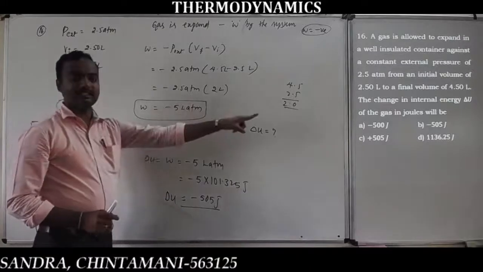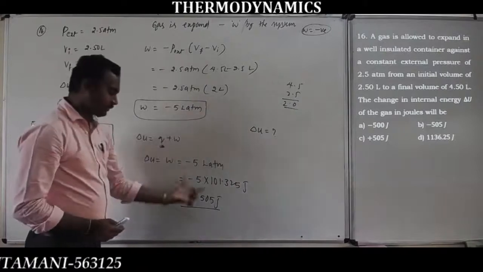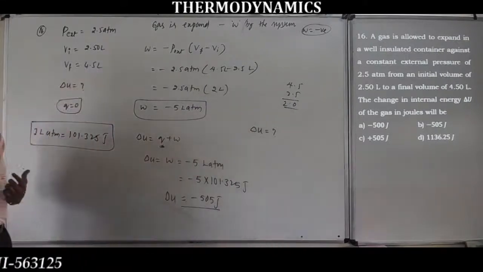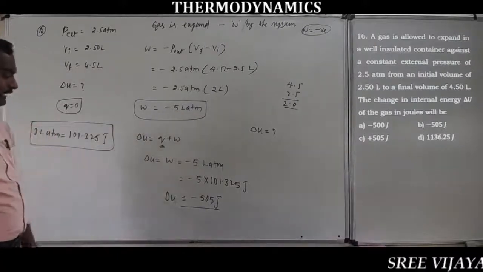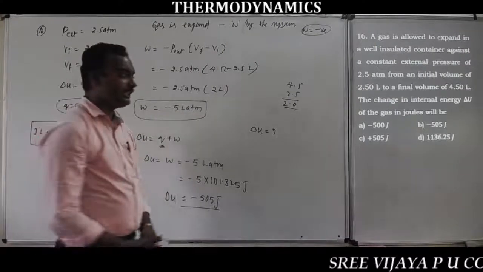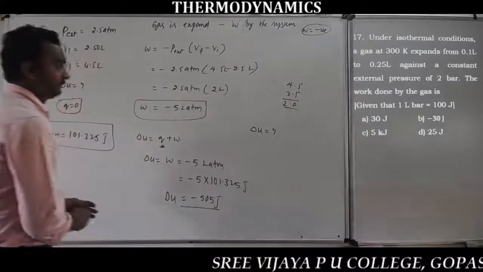If the option is given, you will know the liter atmosphere option. In case liter atmosphere has to be converted to joule, using this conversion, 1 liter atmosphere is equal to 101.325 joule. Therefore, delta U is equal to minus 505 joule. Option B is the correct answer. Next,